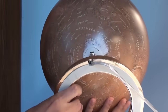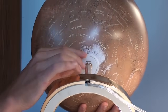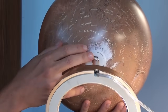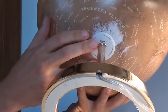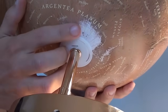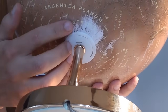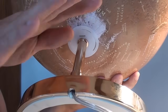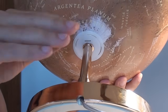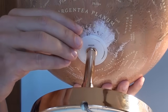On the South Pole there hasn't been any evidence of water ice at all. So here the static ice consists of carbon dioxide. And I saw a documentary on YouTube about a really cool phenomenon happening here in the southern hemisphere spring, when it gets warmer, because then the carbon dioxide underneath the frozen carbon dioxide evaporates into gas,